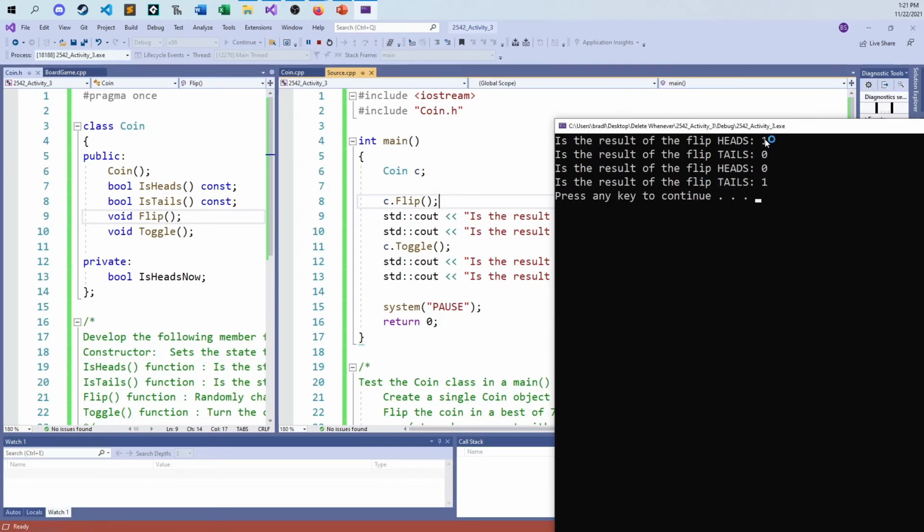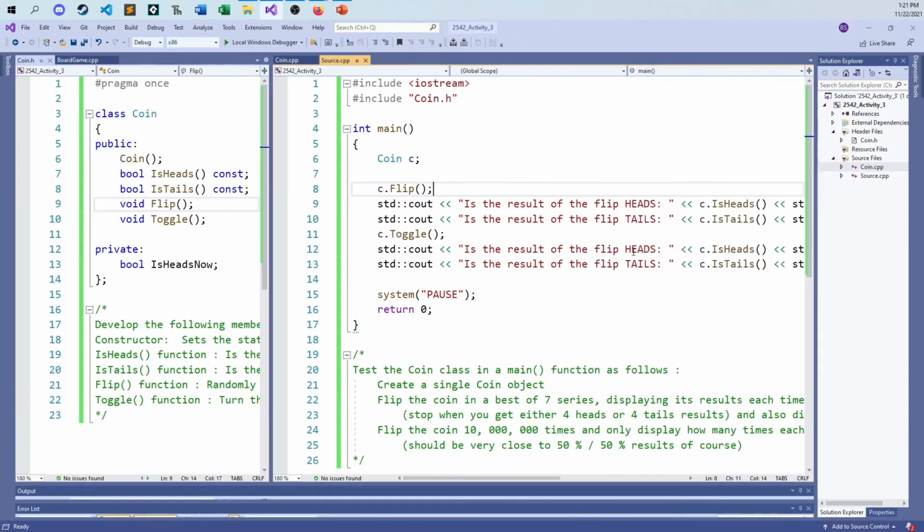So it goes heads is one, and then when I toggle, I flip the heads to tails, and obviously the zeros and the ones, because now everything has flipped its logic, and now we're good to go. So let's see. Constructor works. isHeads, isTails works, flip and toggle work. So we're pretty confident. Again, we only tested these things a little bit, but it's a simple enough piece